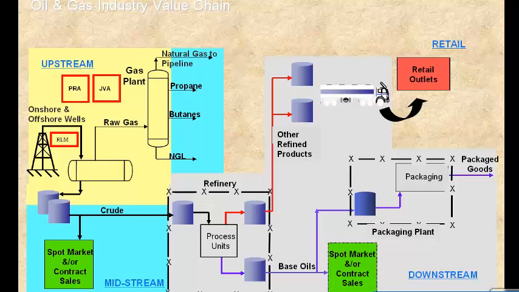Here we can see there are mainly three modules. We are covering RLM, which is nothing but replenishment lead management. It is more like the material management module in standard R3. And we have PRA, production related. I don't remember exactly what PRA stands for. And the other one is JVA, joint venture accounting, which is something related to finance. So there are three modules playing a vital role in the upstream business: RLM, PRA, and JVA, covering finance, production, and material management. There are no sales